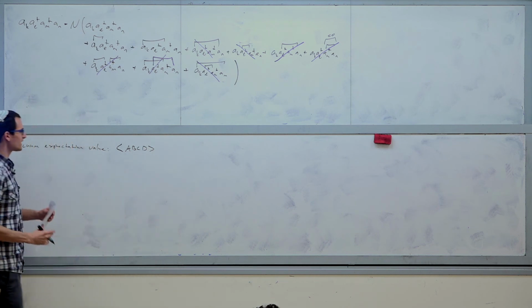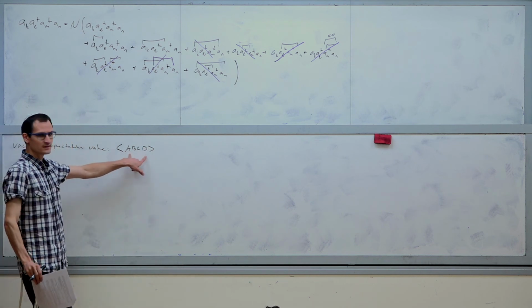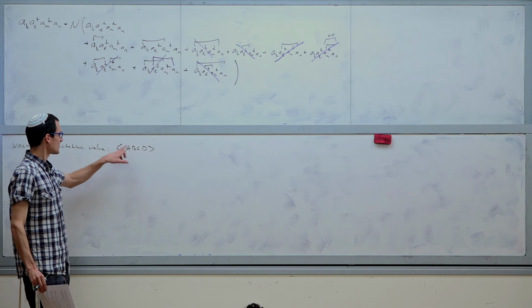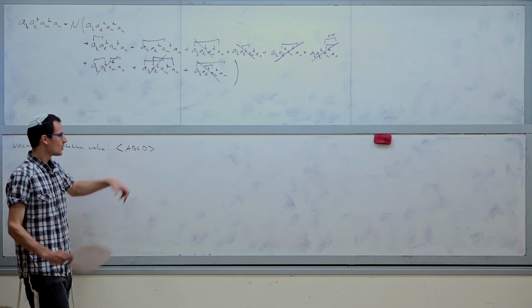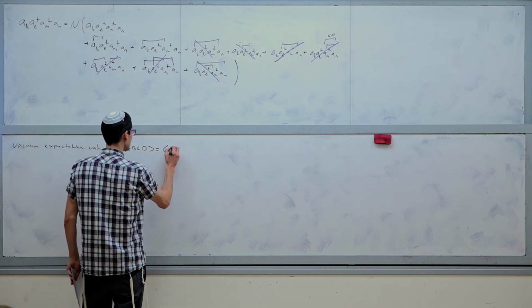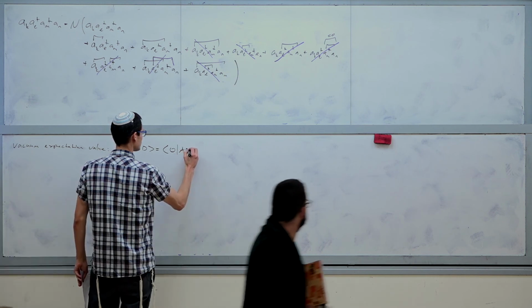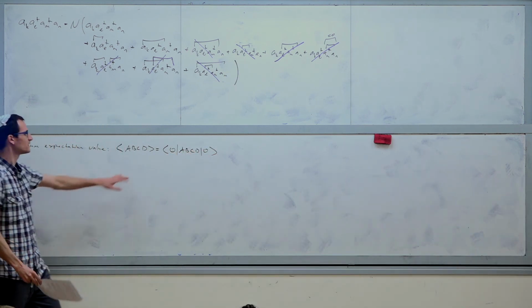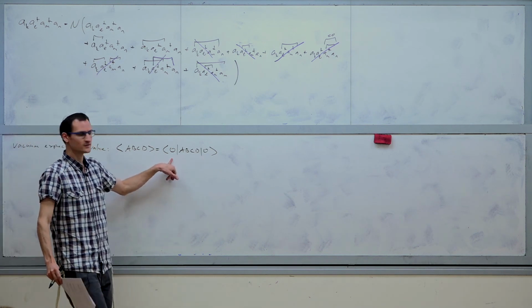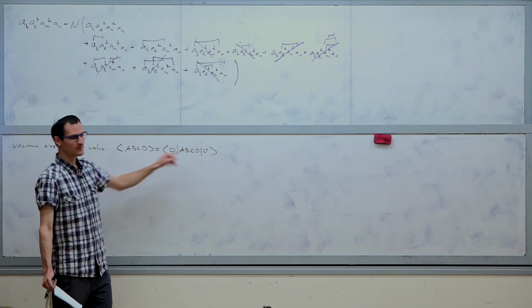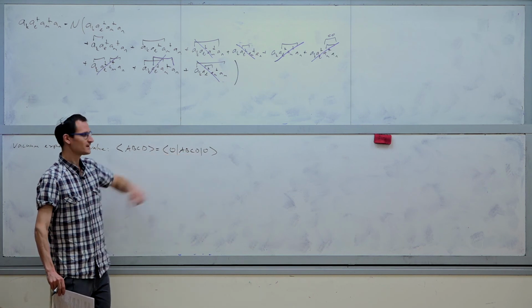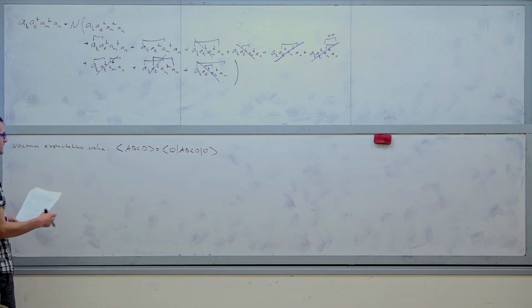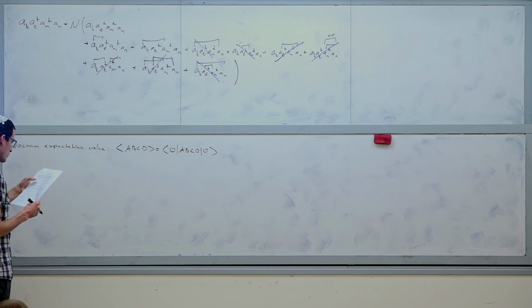By convention, anytime you see some operators inside brackets like this, what one means is that there's a vacuum state, and you're taking the matrix element, basically, of the vacuum state. So if this is what people write, this is what people mean. Okay? It's just the most common expectation value that you could write. So what happens when we